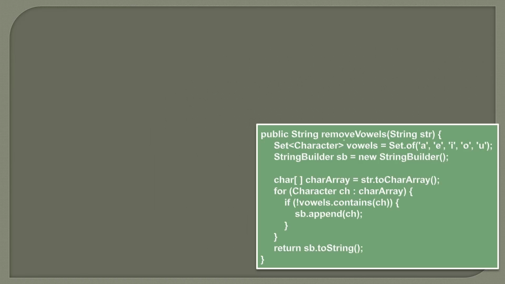So here you can see that this is the algorithm to remove vowels from a string. Now let's see the demonstration of this algorithm step by step with an example. We'll call the removeVowels method and pass the string as ice cream. So here the string would be ice cream, and you can see that it has vowels like I, E, E and A.